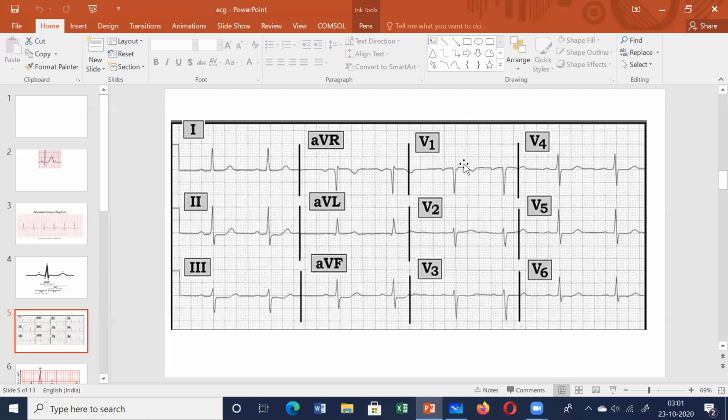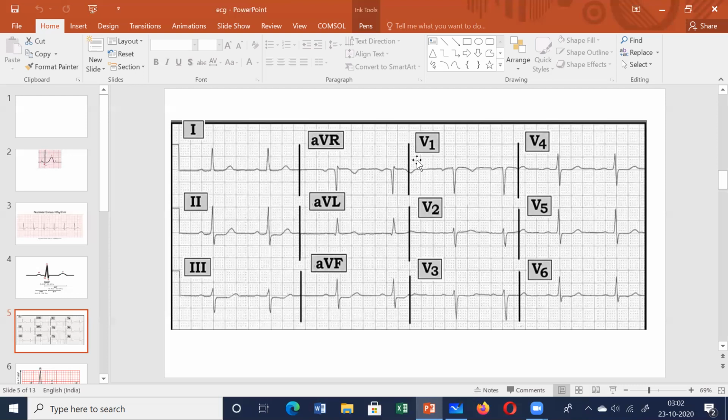So if it is located on the right side, that is called dextrocardia. Often you have to differentiate. This is not the only way you can say that it is dextrocardia. You have to get the echo done and all. So if it's a tall R wave in V1, it indicates the heart is located on the right side, dextrocardia, or it's a right ventricular hypertrophy, or it is a right bundle branch block.